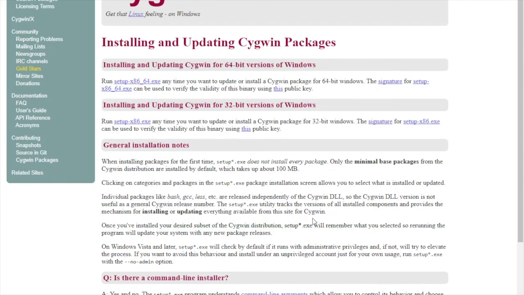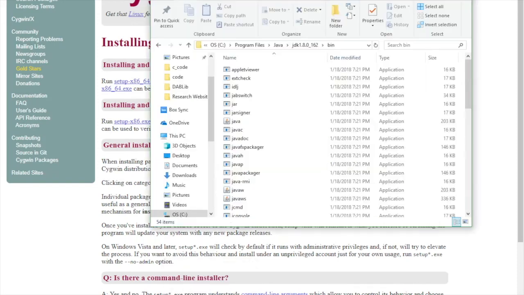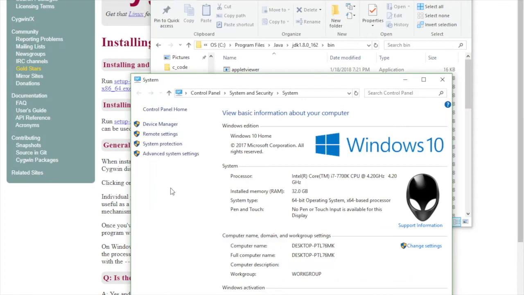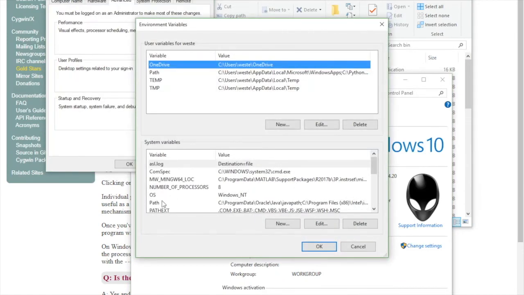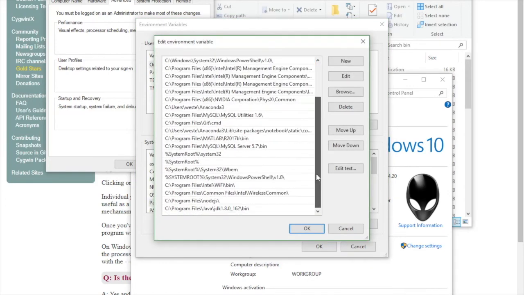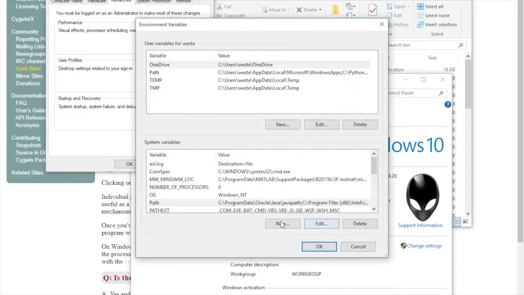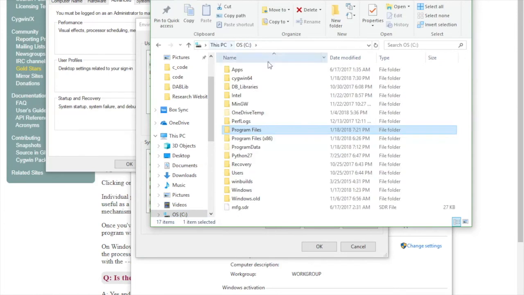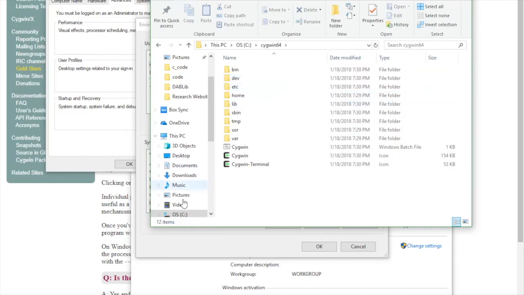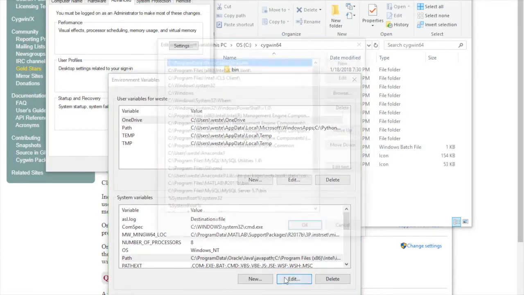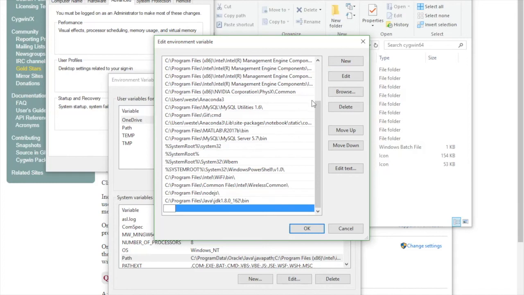And now what I need to do is create some more environment variables. Well, not create, but edit the path environment variable again. So I'm going to go again to the File Explorer, This PC, Properties, Advanced System Settings, Environment Variables, and the Path environment variable. So I'm going to add a new entry, but first I'm going to locate the folder where Cygwin was installed. So that should be under C:, Cygwin, and then I am going to edit the path environment variable, so I am going to add the following entries: